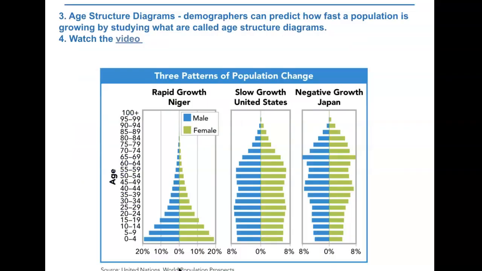Age structure and population growth. Demographers can predict how fast a population is growing by studying what are called age structure diagrams. The age structure of a population reveals the number of males and females of different ages. A higher percentage of young people indicates an increasing population, and a higher percentage of older people indicates a decreasing population. The United States, for example, has a nearly equal number of people in each age group, indicating that our